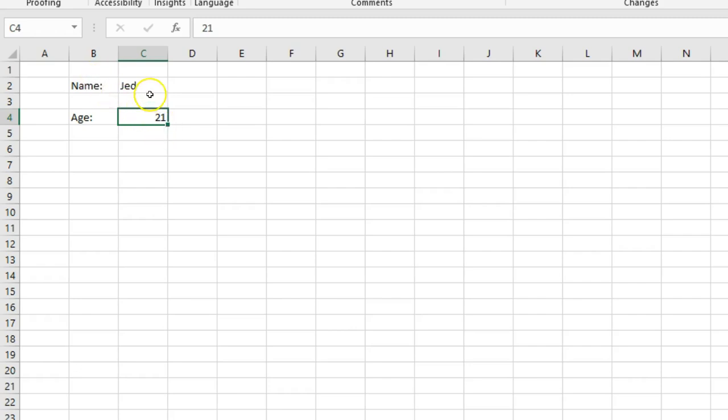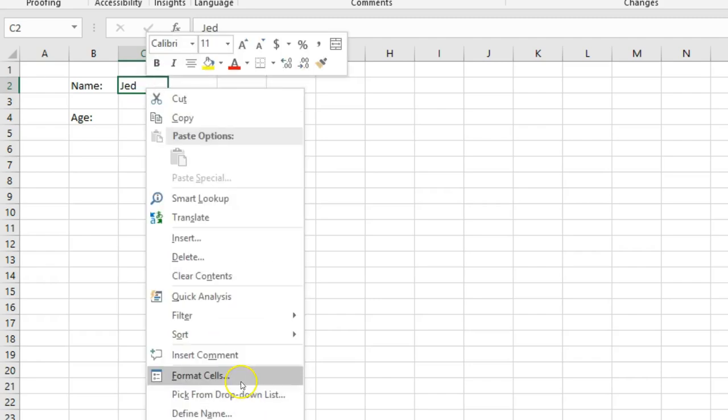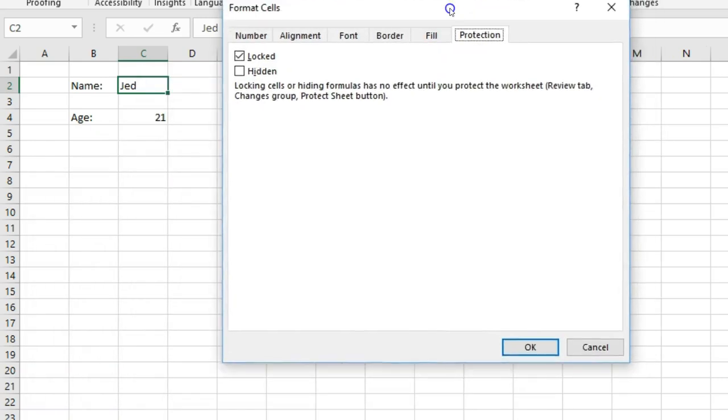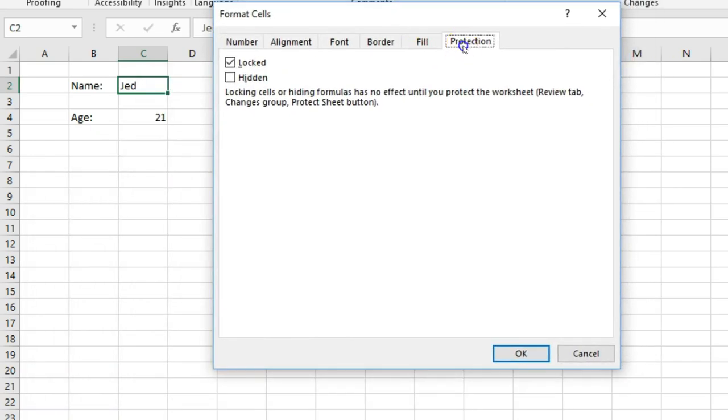So if I right click into these cells, all right, let's do this first one. And I go format cells. It's going to take me to this window here. Let me just bring it up a bit. Right. And the very last tab, you're going to see protection. Now you'll notice that this is already locked. Right, so if I turn this off,